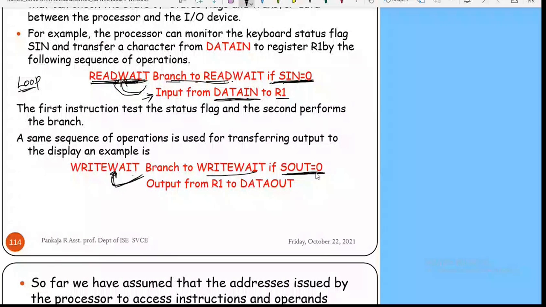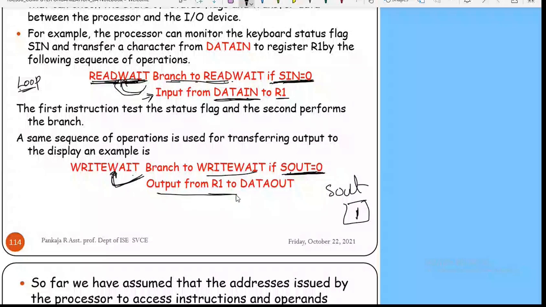When this condition fails, that is, when the output device is ready to receive, the S out flag is set to 1. If it is 1, this condition fails, meaning the output device is now ready. So now whatever data we have stored in processor register R1, store that into the output register called device.